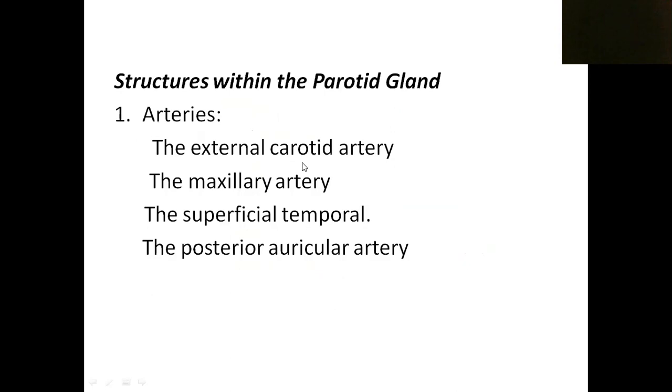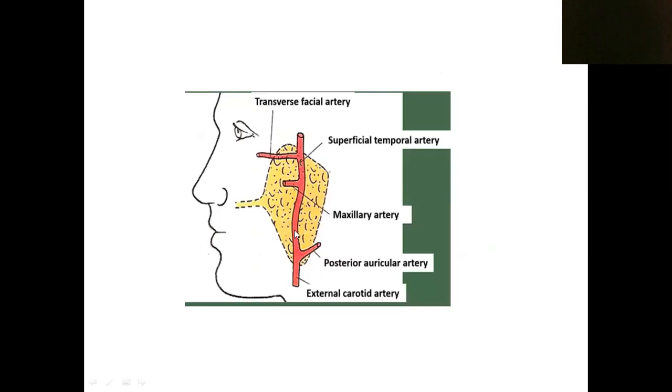See here we can see the external carotid artery and some of its branches. What are the branches of the external carotid artery seen there? See, maxillary artery, superficial temporal artery, and posterior auricular artery. See this image. This one is the external carotid artery that is seen inside the parotid gland. Here it gives some major branches like this one, the maxillary artery, this upward continuation, the superficial temporal artery, and this one, the posterior auricular artery. In addition to that, one minor branch is there, that one is the transverse facial artery.